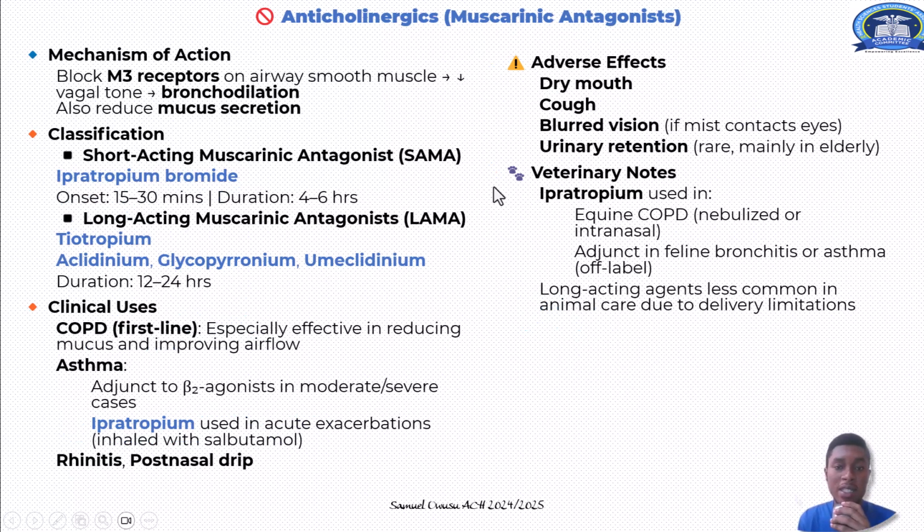Now, the next agent that we look at is the muscarinic antagonist. Now, the muscarinic blockers are the ones that will tend to block the M3 receptors. And when they block the M3 receptors, what they do is that they tend to cause what? Bronchodilation. Remember from the previous slides that we mentioned that the anticholinergics, or